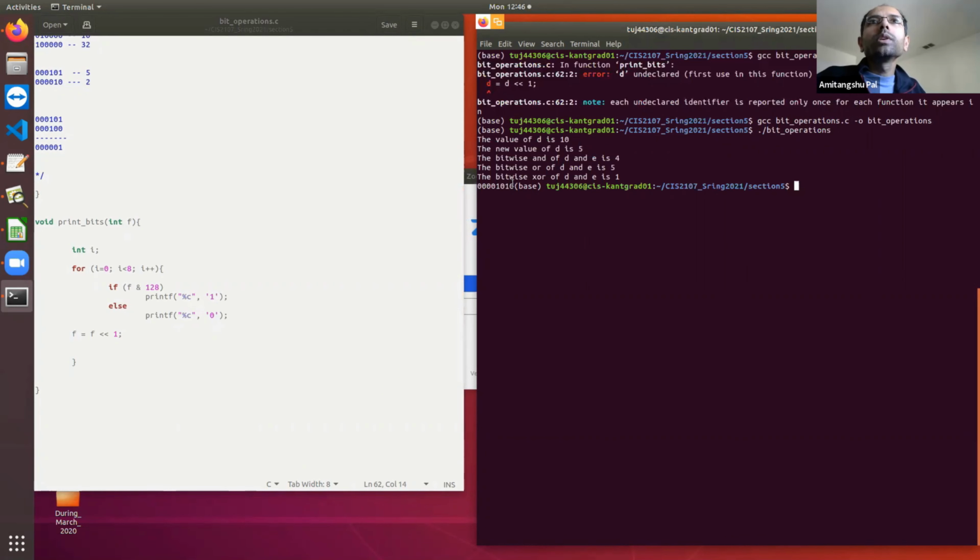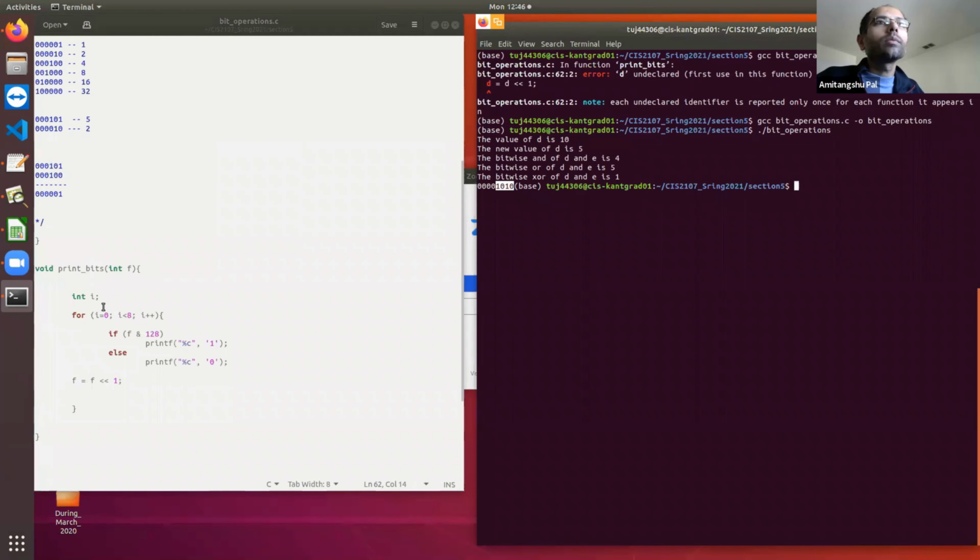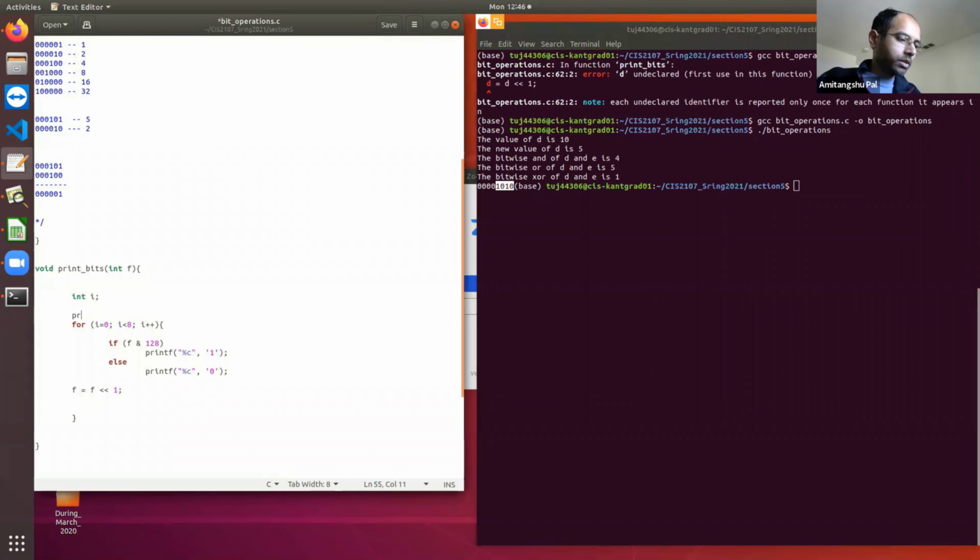Okay, so it is showing 00001010. So it is indeed giving the binary representation of 10. Let's make it a little bit nicer.